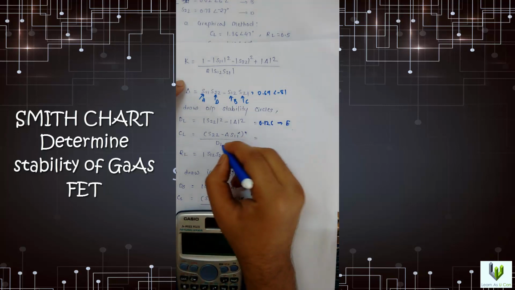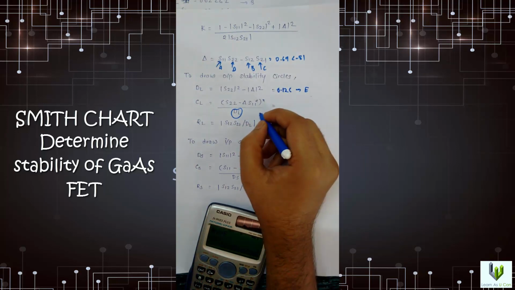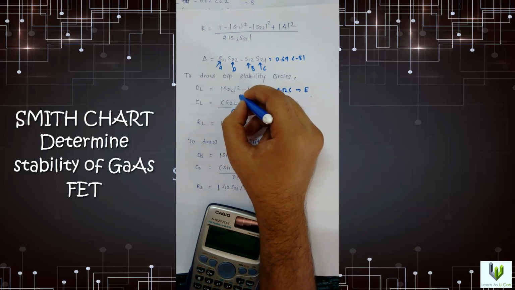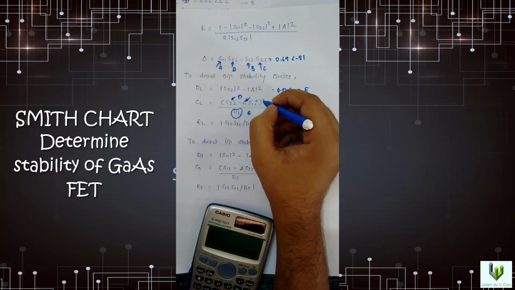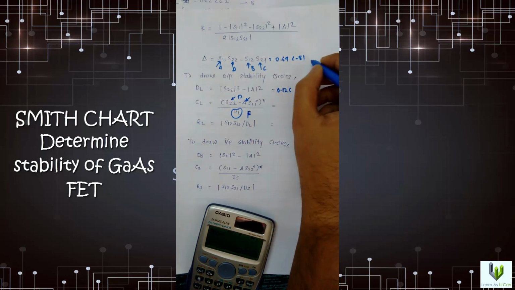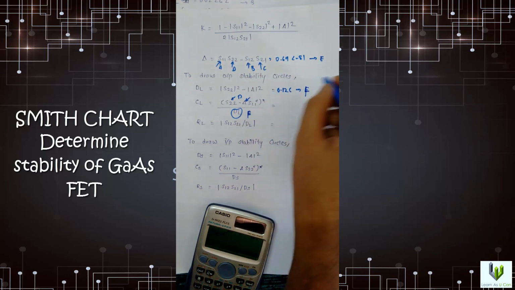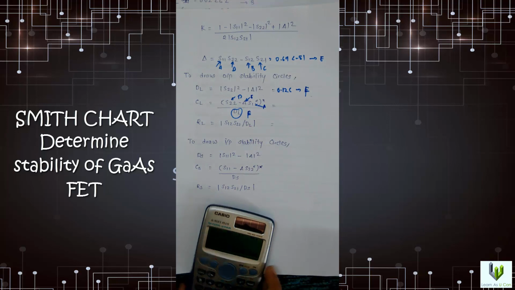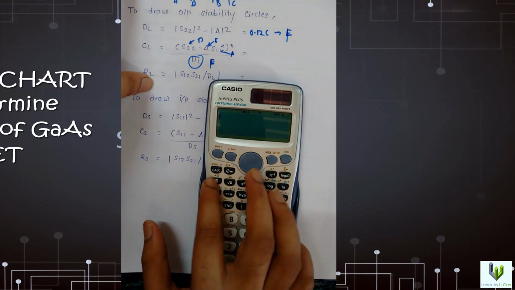Okay, now I have to replace all this: DL as E, S22 as D, delta as F, delta I have replaced to E. Okay, and this is delta. Be careful about that, then calculation will be easier. S11 is E. I'm just using this formula, I'm getting the result. Just see.